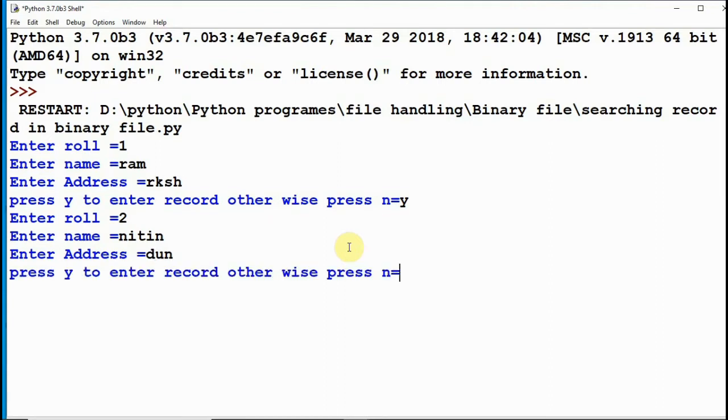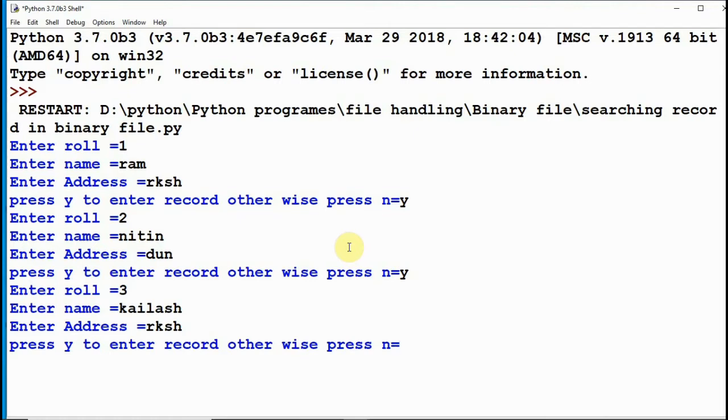Again press Y, enter the record. Now again press Y and enter the record.